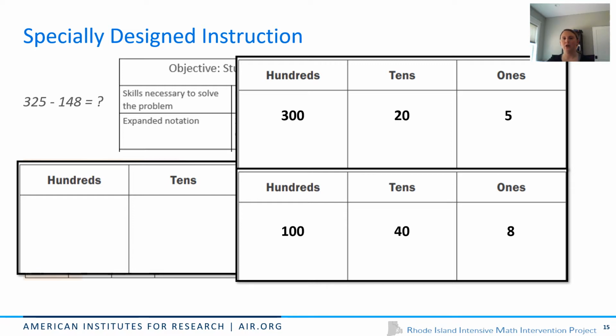And then model how we would regroup, taking one 10 from the 20 that we have and adding that 10 to the 5 so we have 15 ones and can move forward with the subtraction. From there, we could either model using manipulatives or have them try the same process with the hundreds on their own. And finally, we would prompt them to complete the subtraction to arrive at the final answer,